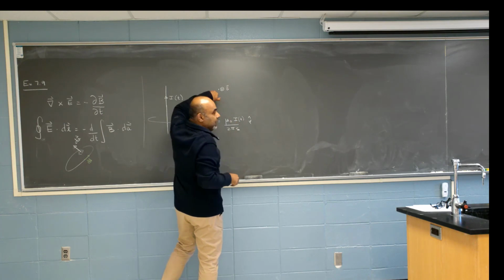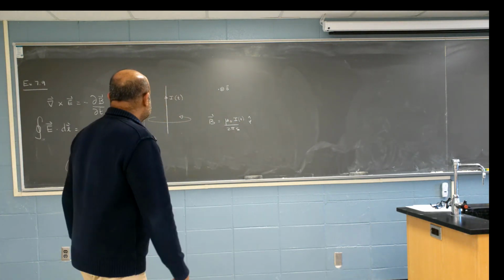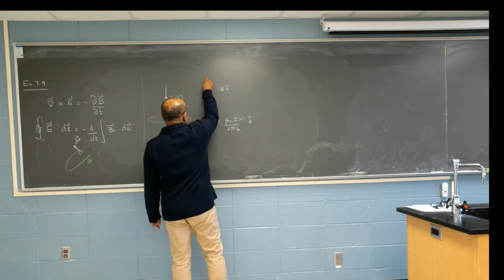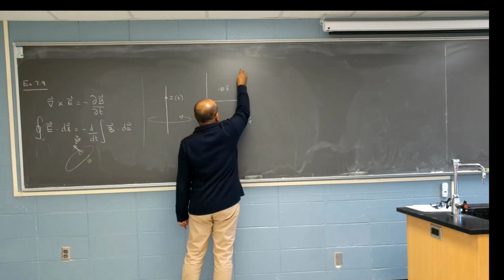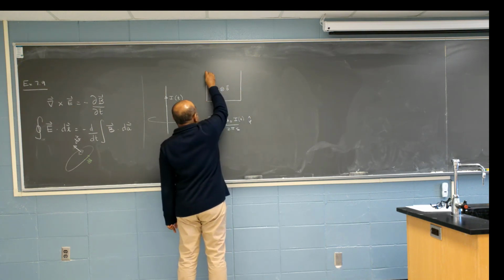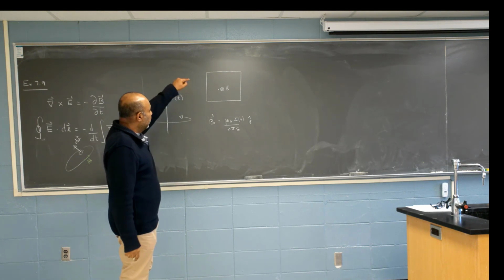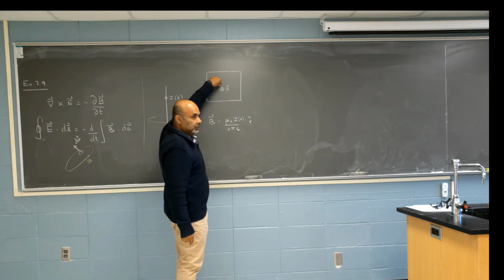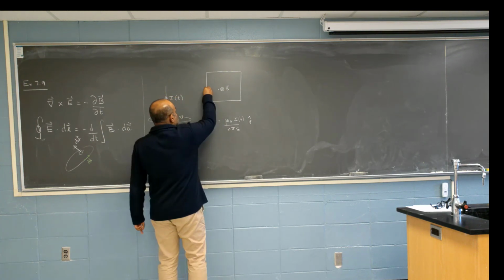So my dA is going to be into the board for an easy flux and an easy path to integrate over would be this. And if I have to integrate this way into the board, my orientation better be